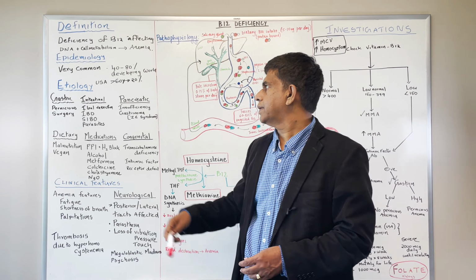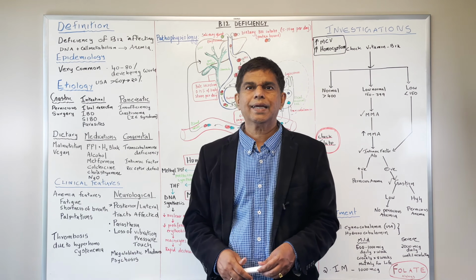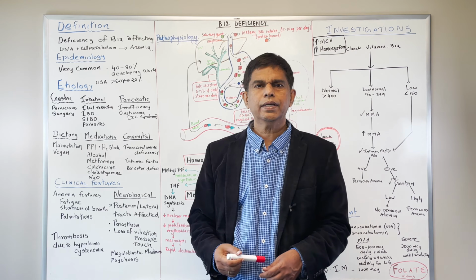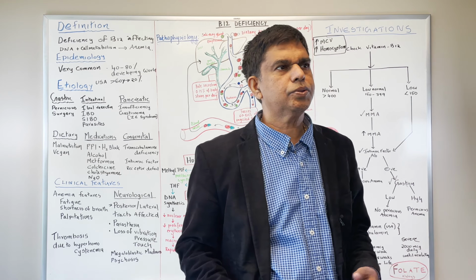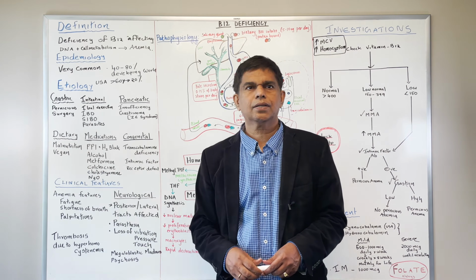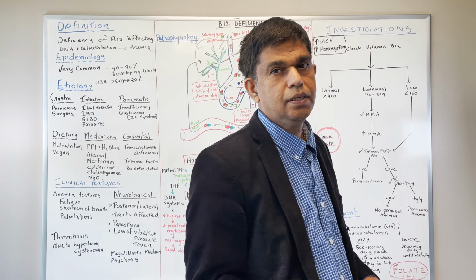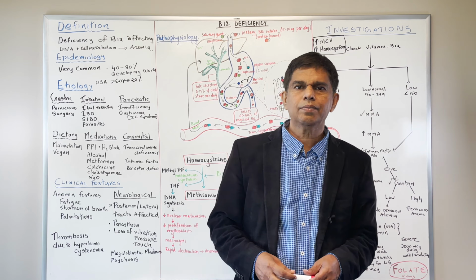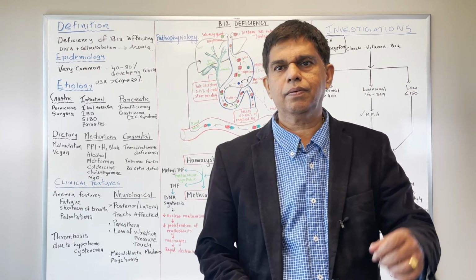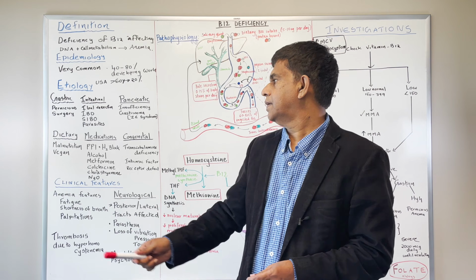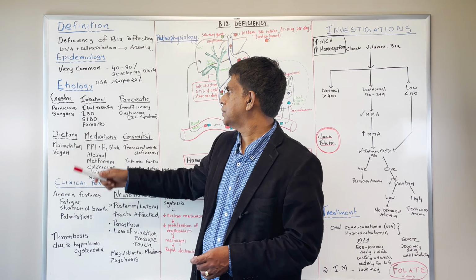Now let's look at etiology. Okay, what are the gastric causes? The main thing in the gastric, you've got pernicious anemia, or any kind of surgery in the abdomen where you remove some of those parts. Then you look at the intestinal causes. What are the intestinal causes? Small intestinal bacterial overgrowth, SIBO, okay? Inflammatory bowel disease, okay? You can have parasitic infection. You can also have ileal resection, okay? Remember all those kinds of things.